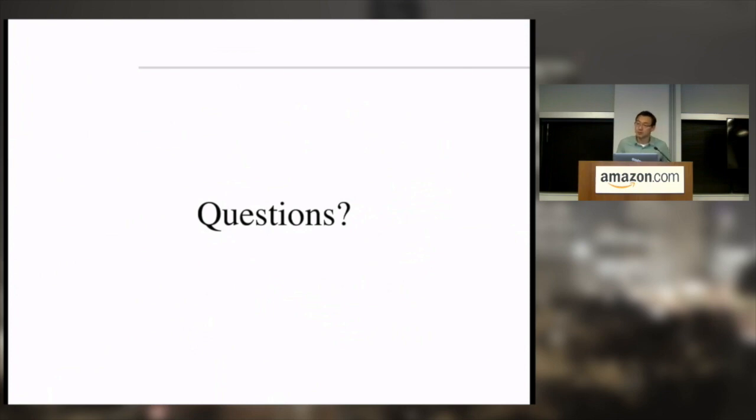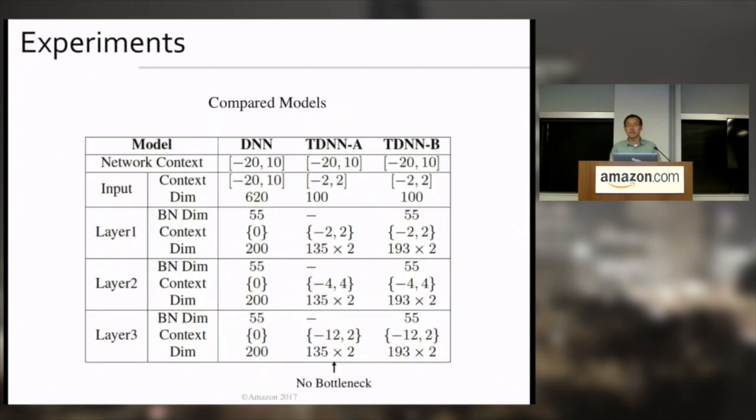How much accuracy do you lose when you use this bottleneck? Sorry, could you say that again? How much do you lose in accuracy when you use this bottleneck? Actually, in our comparison, we design our network in a way that the TDNN with or without bottleneck has a similar number of parameters. Because the bottleneck layer reduces the number of parameters, we are able to increase the hidden layer size. That's how we do the comparison. And our experiment shows that this way we can get much better performance with a fixed budget.